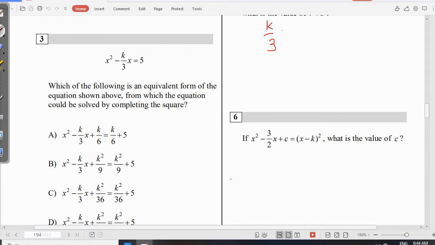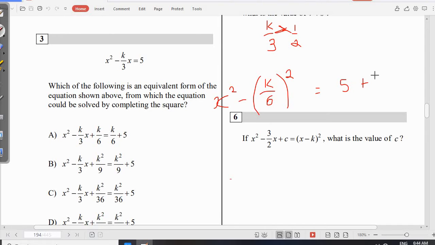K over 3 divided by 2. When you divide it by 2, that's multiplying it by 1 over 2. So you'll be having k over 6. Since if you multiply it by 1 over 2, it's the same as dividing it by 2. So this is k over 6. Your coefficient is k over 6 all square. That's half the coefficient of x, k over 6 all square. So you just have x square minus k over 6 all square equal to 5